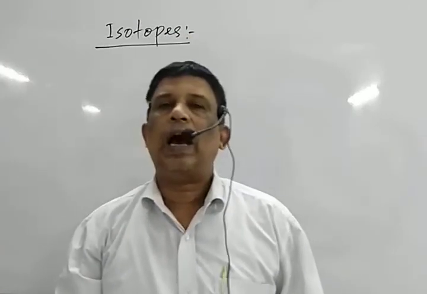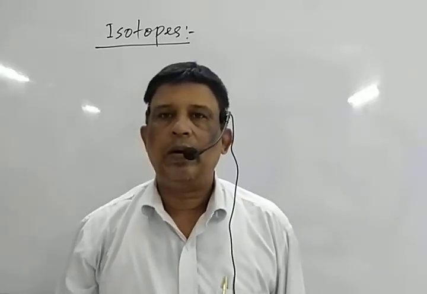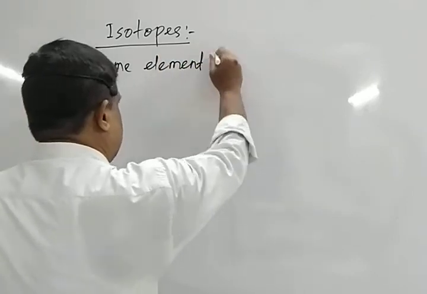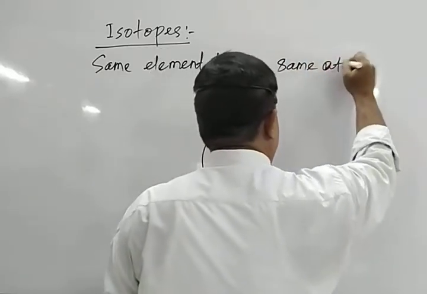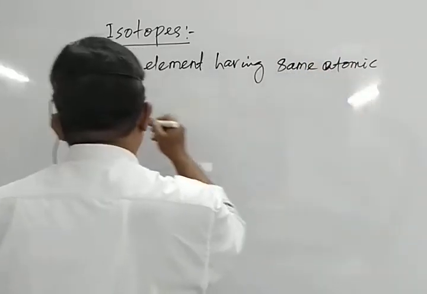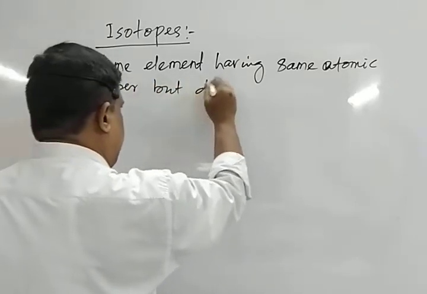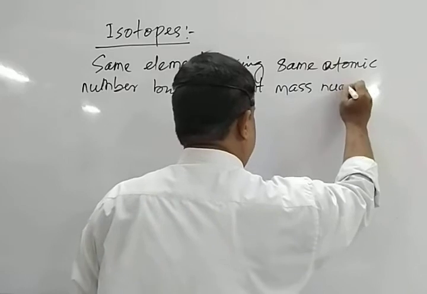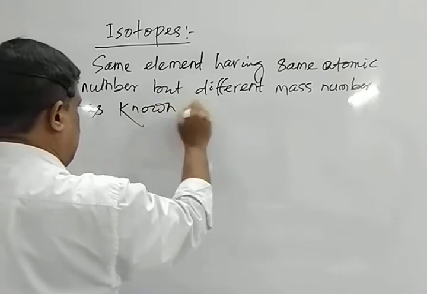What do you mean by the term isotope? That is, same element having same atomic number but different mass number. Mark that. Same element having same atomic number but different mass number is known as